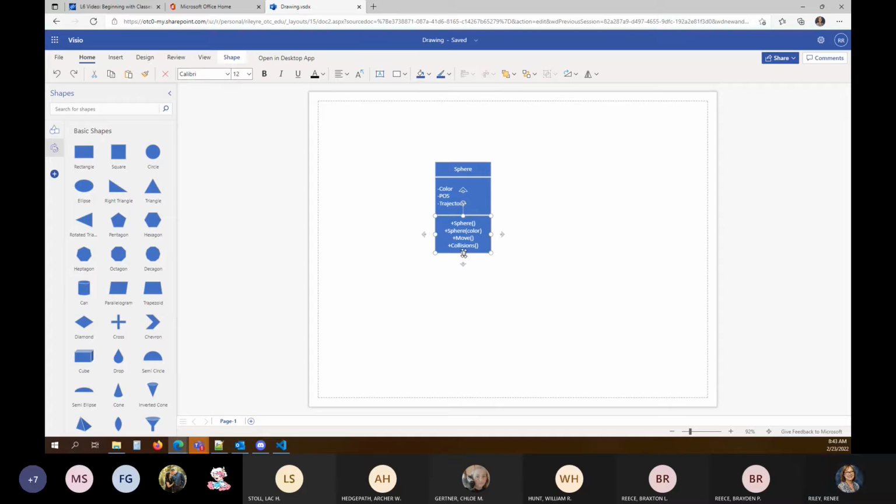Select it and drag its resizing handles just like it were within Word. And after collisions, I have my getters. Get position, get color. We might have a get trajectory. Then our setters, set position, set color.